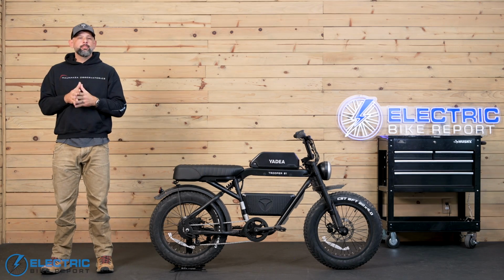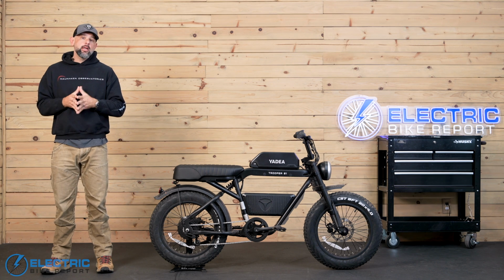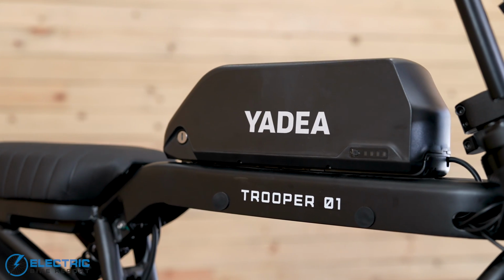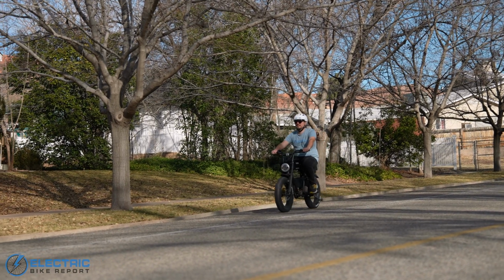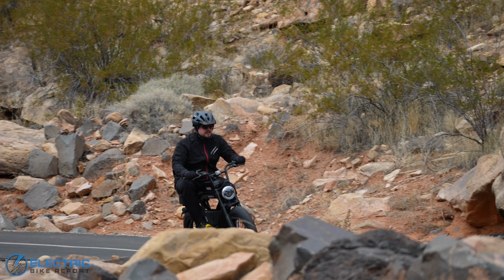Alright, the range test. Here at EBR, we pride ourselves on our comprehensive testing approach, especially when it comes to assessing the range of our bikes. Yadea advertises a range up to 55 miles from its massive 960 watt-hour battery. For this, we conduct 2 distinct tests. The first in Eco mode to gauge the maximum possible distance, and the second in high mode to understand range